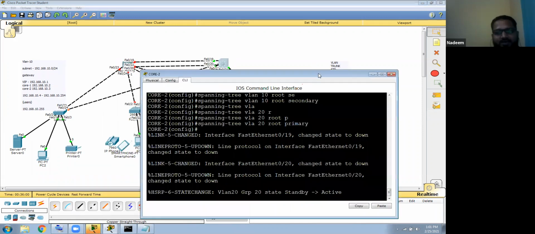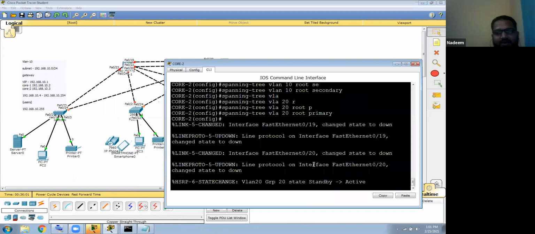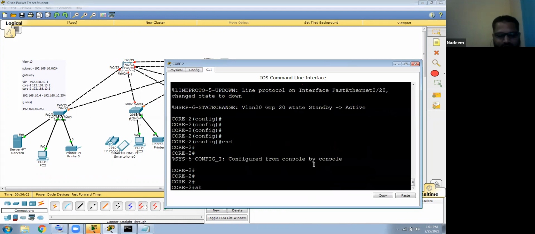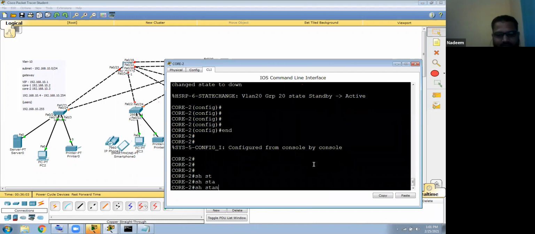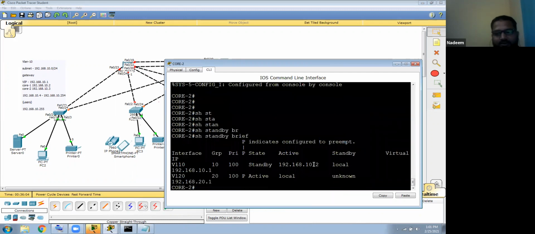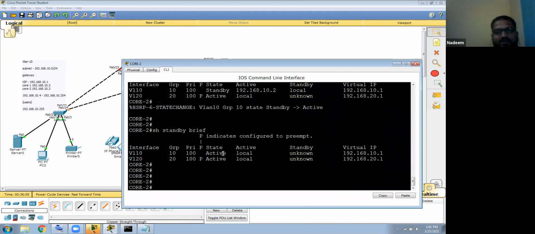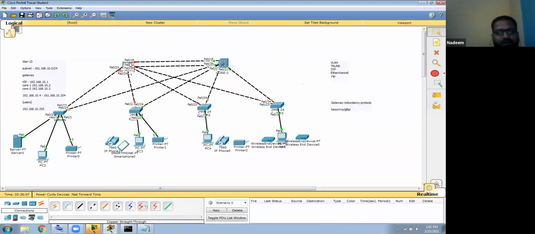Can you see here, for VLAN 20 and 10, this one becomes active automatically. If you go here, show standby brief, this one is active for everyone, though it takes some time. Now this one has become active because core one is down, and we have given the preempt command. So when core one comes back, the traffic will automatically pass from there again.